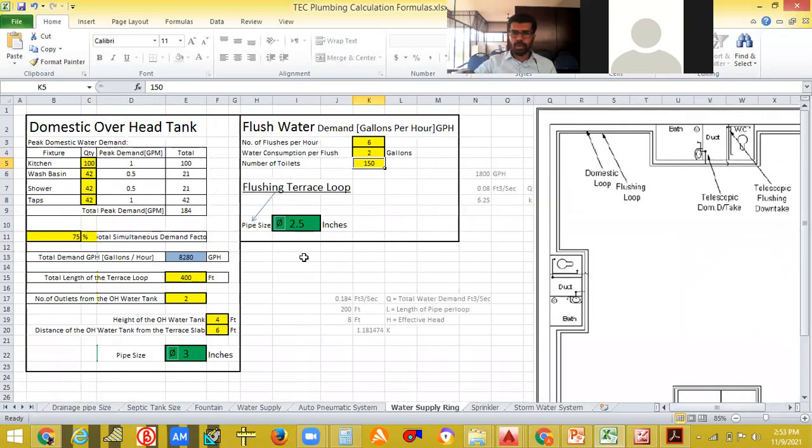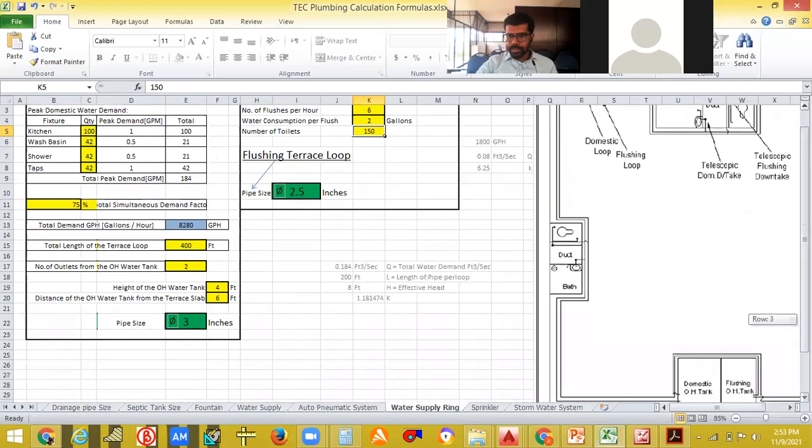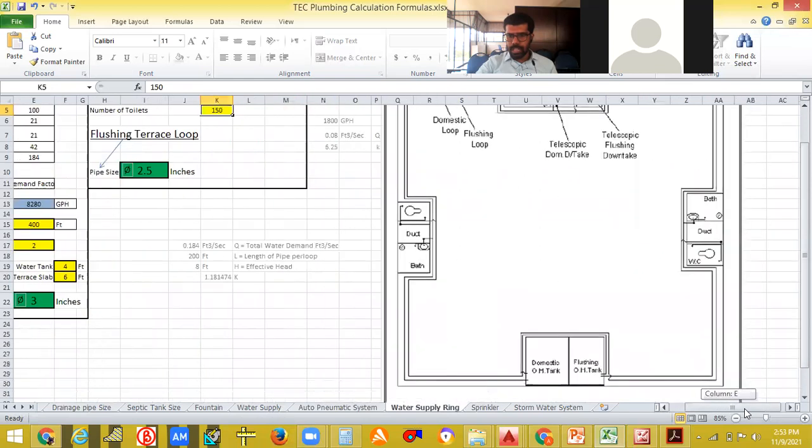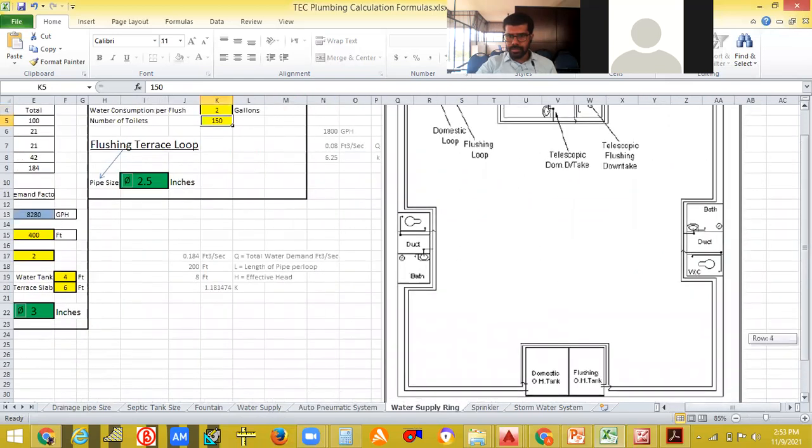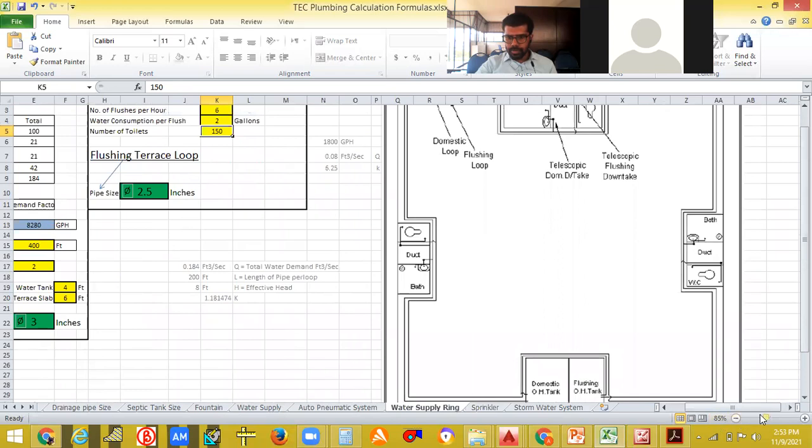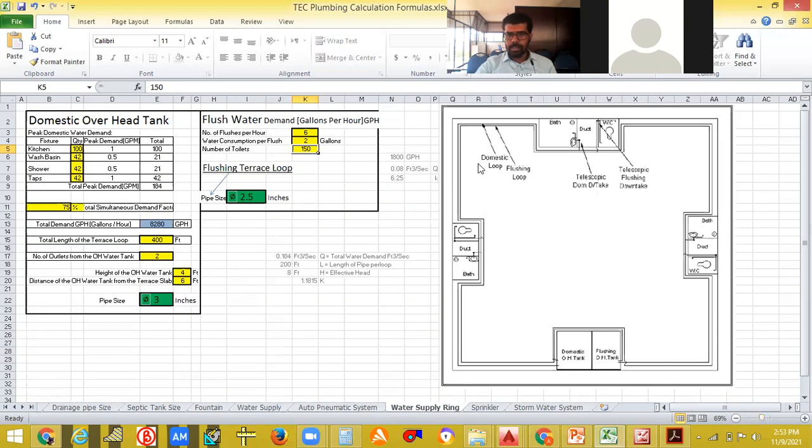We have already studied about the loop system, correct? So this I have already taken in the class. For example, just imagine this is the terrace of a big multi-story building. So this is the domestic overhead tank and this is the flushing tank. From there, two outlets are taken and it has been looped.